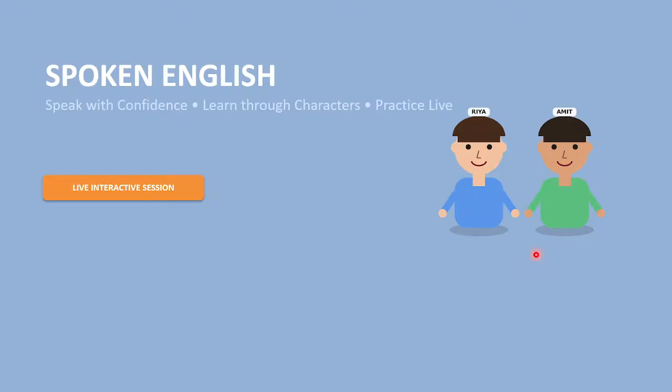Till then, let's discuss why spoken English is important, right? Nowadays many job seekers are there in the market, and why are they not getting placed? No, the answer is not the skill. The answer is the lack of confidence. The answer is the lack of spoken English skill, right? They have their hard skill, but they lack soft skill, right? It is very important to build soft skill, correct?